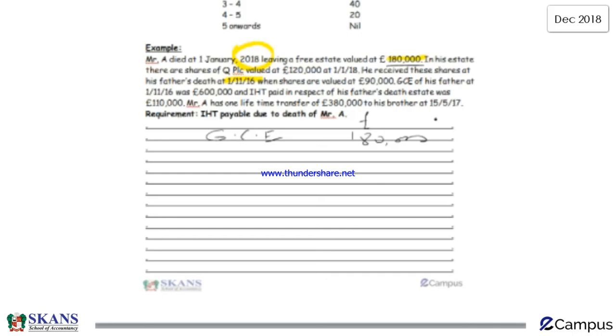But in the previous 7 years from the date of death, there is a transfer of more than 325,000, which means there is no nil rate band available against the death estate. That's why this 180,000 would attract a 40% tax, which will be a tax of